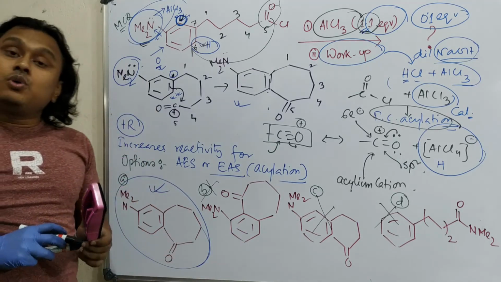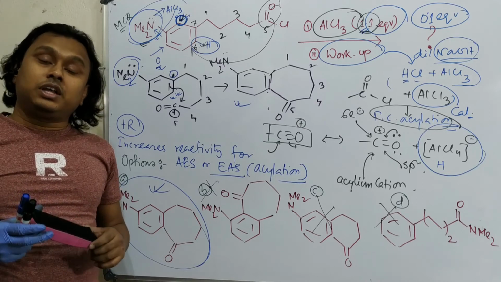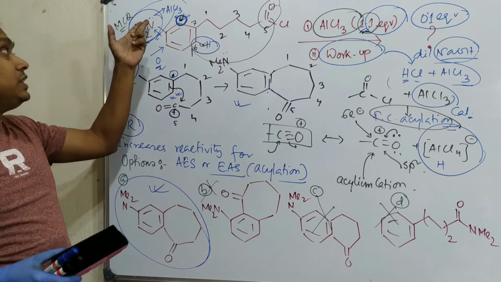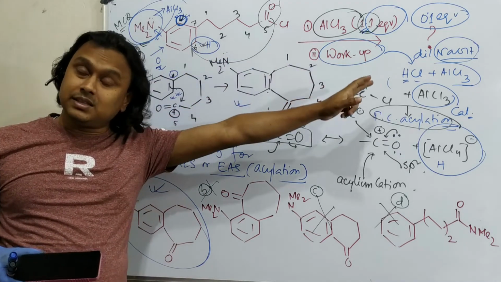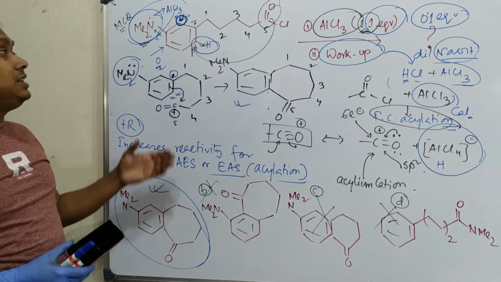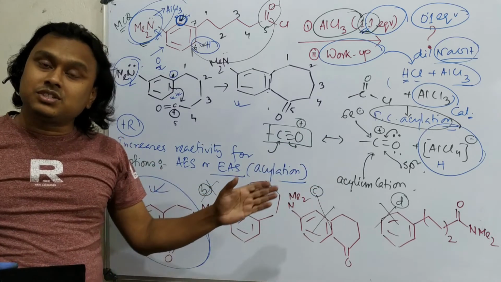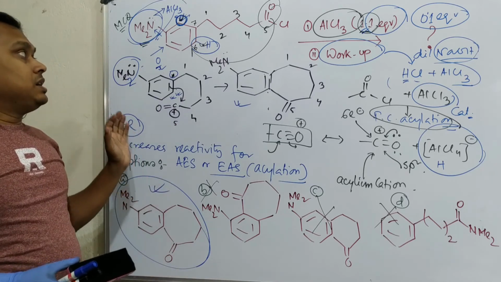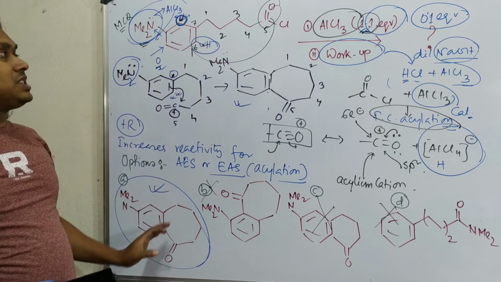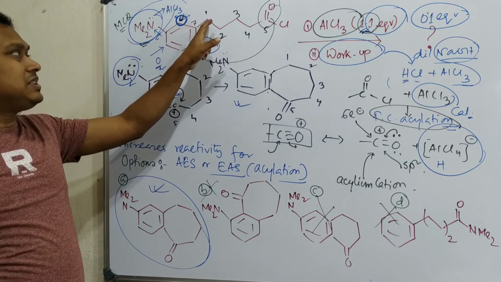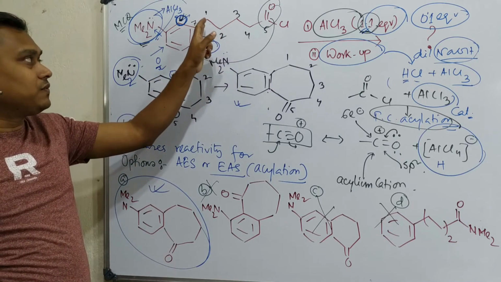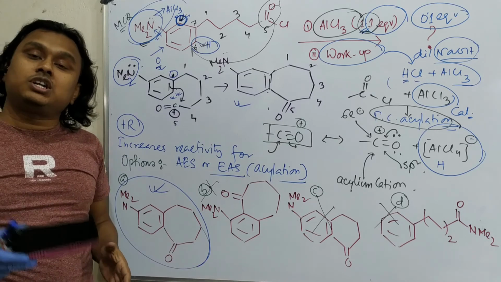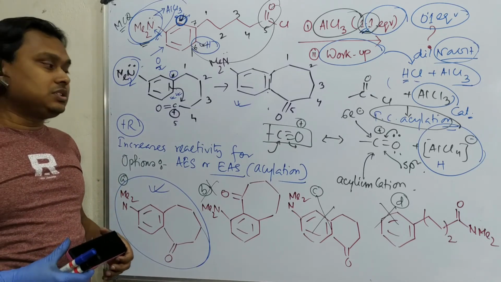So what have we learned today? We have learned today how aromatic electrophilic substitution, or better to say Friedel-Crafts acylation, occurs. Second, in the presence of a nucleophilic reagent like a nitrogen center, we need excess AlCl3 to carry out the final reaction. And another thing, this reaction proceeds through the acylium cation as an intermediate, which is resonance stabilized and acts as the electrophile in this case. And finally, through ring closure, we can get the 7 member ring. Another message is that by changing the number of carbons in the substituent, you can prepare different kinds of ring compounds. Okay, and intramolecular reaction is always favored over intermolecular. So this is the end of this discussion.